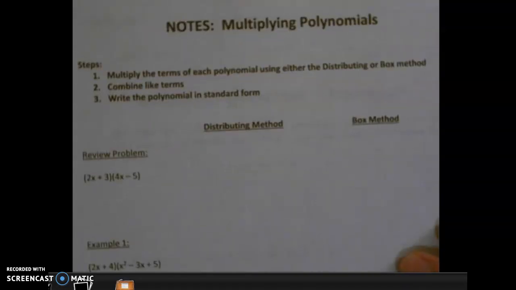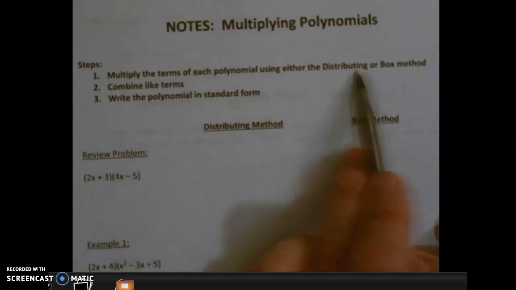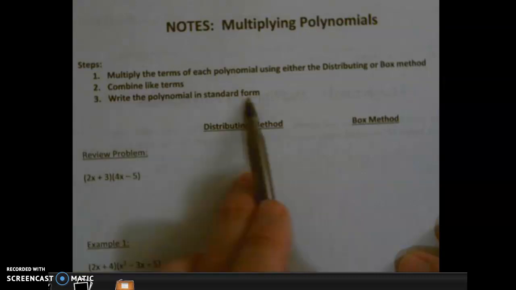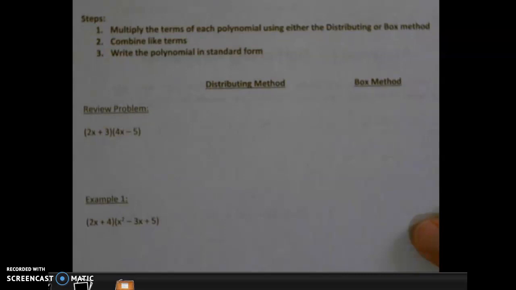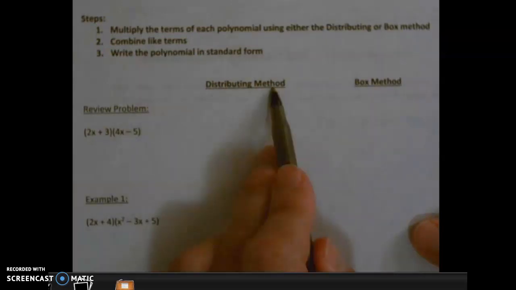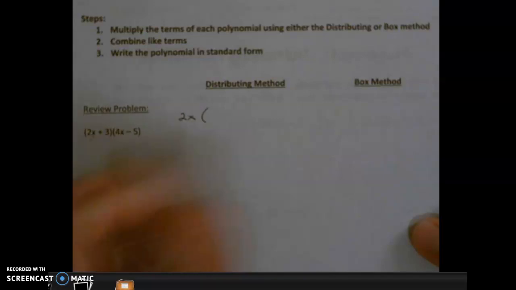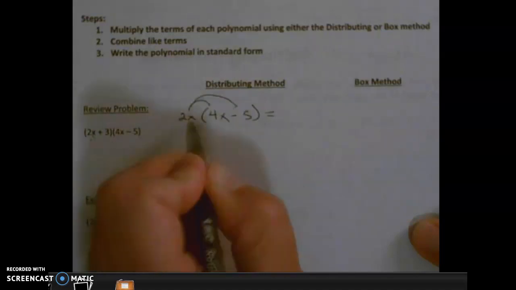Finally, we're going to take a look at multiplying polynomials. So with multiplying, we want to multiply the terms of each polynomial using either distributing or the box method. Then we want to combine like terms, and then we're going to write in standard form. So this is basically review for us. So doing the distribution method, we would be distributing the 2x, the first term, times 4x minus 5. And when we distribute that, it's going to give us 8x